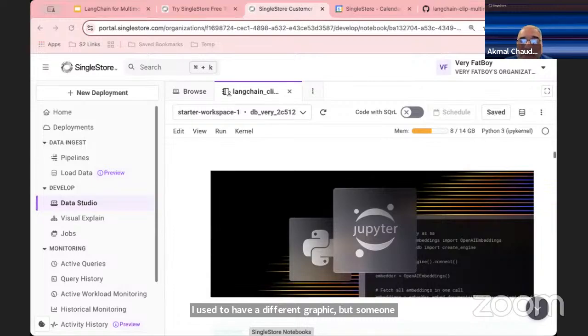Richard, don't see how to get to LangChain notebook. My apologies, Richard. Hopefully because the question was asked a little bit earlier, you found that. Okay, so remember, it's just github.com/veryfatboy, just one word, no spaces. And then the very first repo that you see when you look at repositories will be the one that we used today. Just drill down into that and you'll find the notebook should be there.